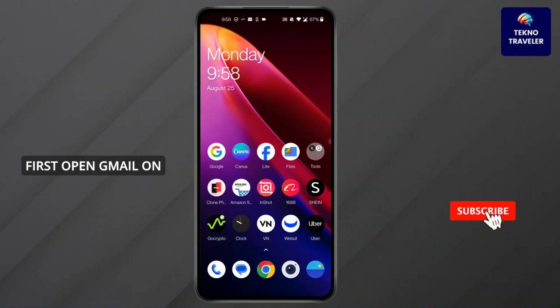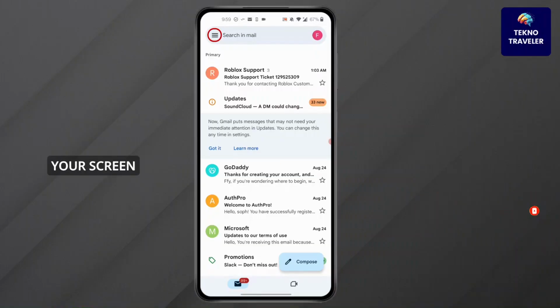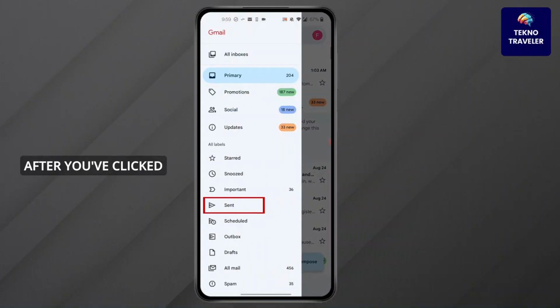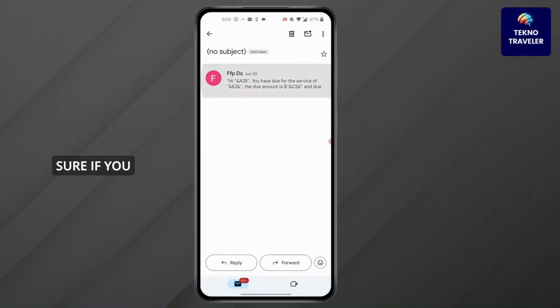First, open Gmail on your device. Click on three lines at the top left corner of your screen. In here, click on Sent. After you've clicked on Sent, click on the Gmail you're having problem with and make sure if you have